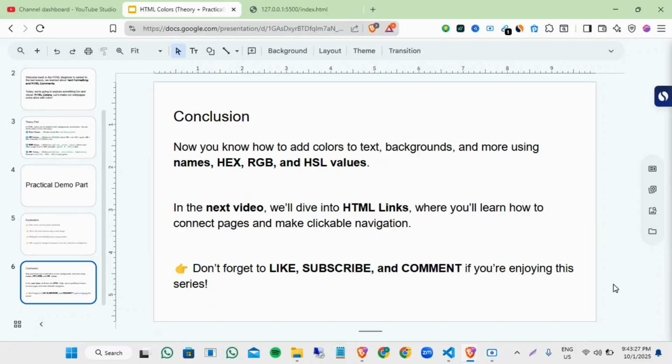In the next video, we will dive into HTML links, where you will learn how to connect pages and